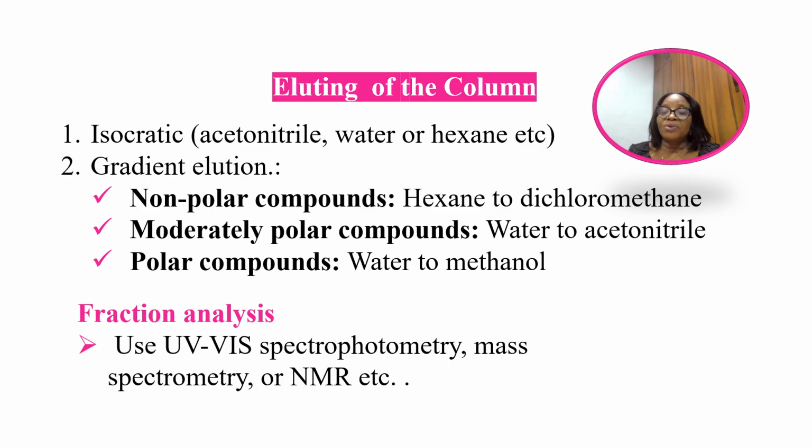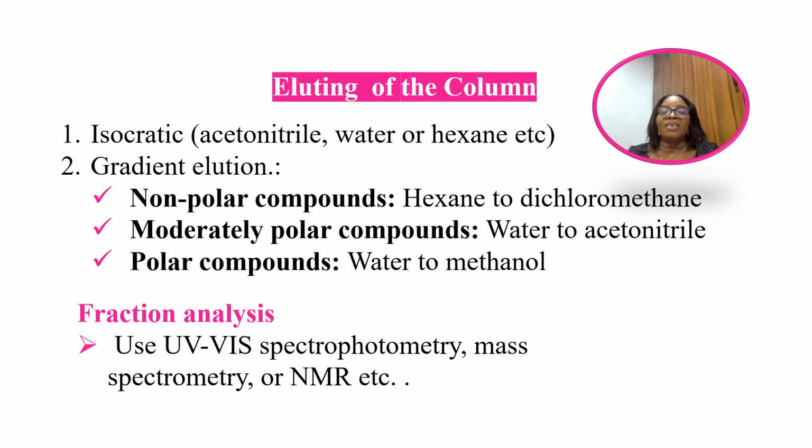Column preparation continues. The compounds are separated based on how they move through the column. Different compounds move at different rates because of their chemical nature and how strongly they are attached to their stationary phase. A compound more attracted to the stationary phase will move slowly through the column, while a compound more attracted to the mobile phase will move faster with the mobile phase and come off the column dissolved in eluent.